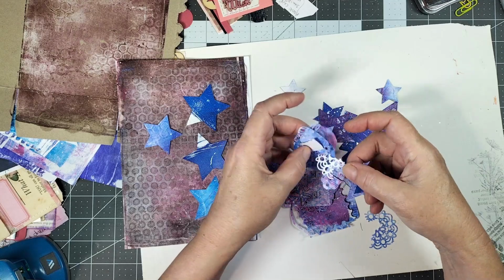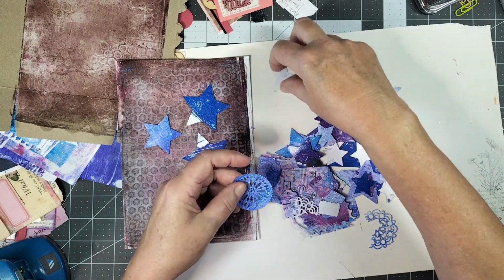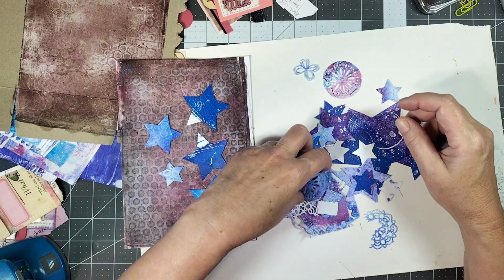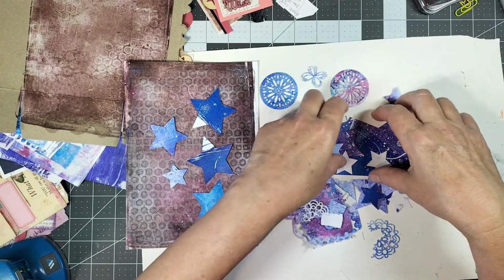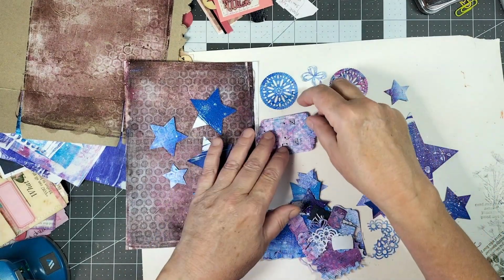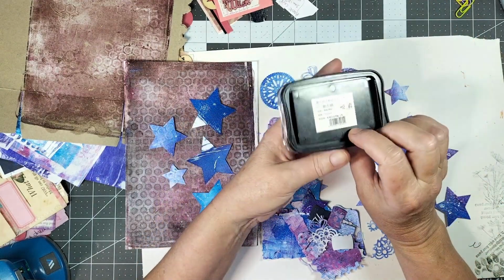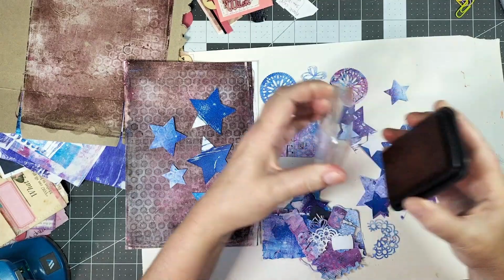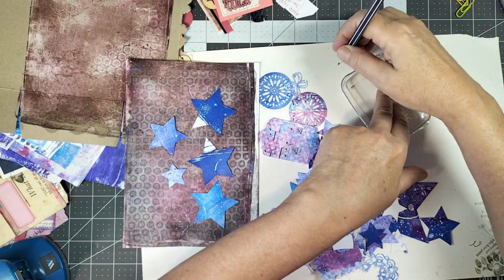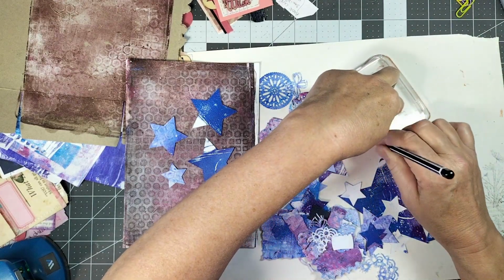Whereas these shapes here are cut out with a die cut with a Sizzix machine. But you've got circle punches, you've got punches, you can punch shapes out. You've got die cuts, you can use those, or you can just trace any shape you've got. Like this is a stamp pad. If I trace around the edge of this stamp pad, let's just do that on here. I'll show you what I mean, because it's got a bit of a curve on it. If I just trace around here,